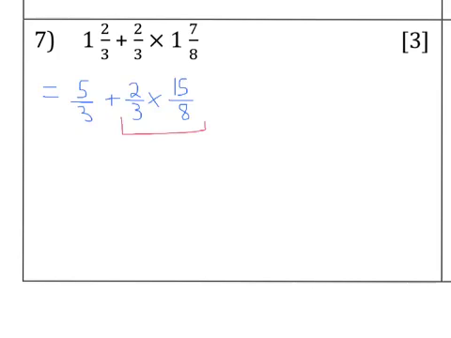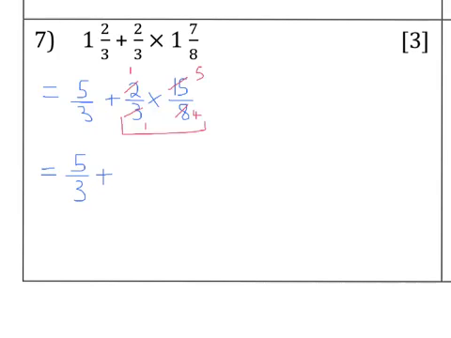Okay, and now order of operations becomes quite important, so I need to prioritize the multiplication, so I need to emphasize doing that part of the problem first. And multiplying fractions involves looking for opportunities to cross-cancel between numerators and denominators, or just cancel between numerators and denominators. So the 3 goes into itself once, and 3 goes into 15 5 times, 2 goes into itself once, and 2 goes into 8 4 times. So I've simplified that as far as possible, so I can then write the next line out, 5/3